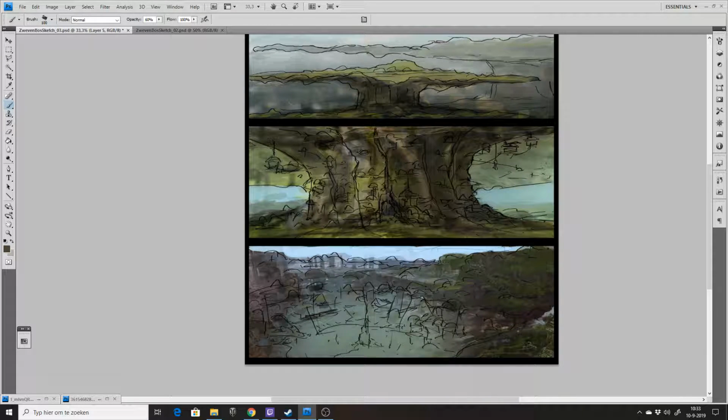I'm gonna introduce a couple of colors from the middle one in the bottom one, just to color match them a little bit better. Currently the colors are a little bit off. It's not too big of a problem to have different color schemes in different scenes, because it might be a different time of day, and it breaks things up, but